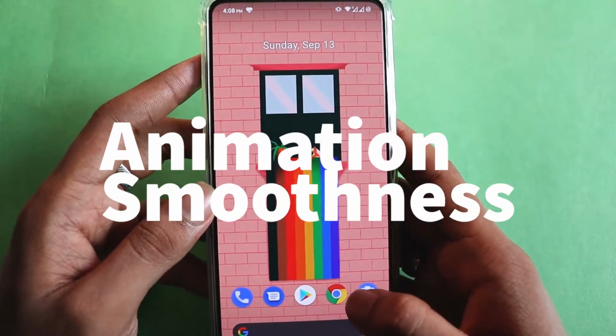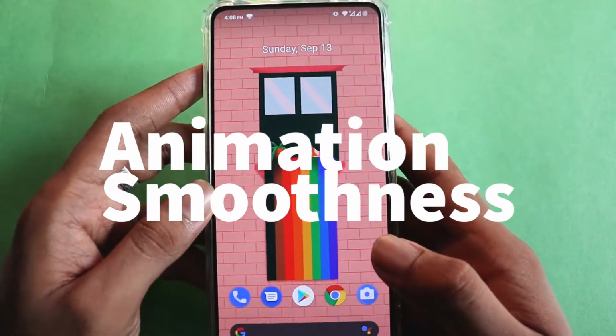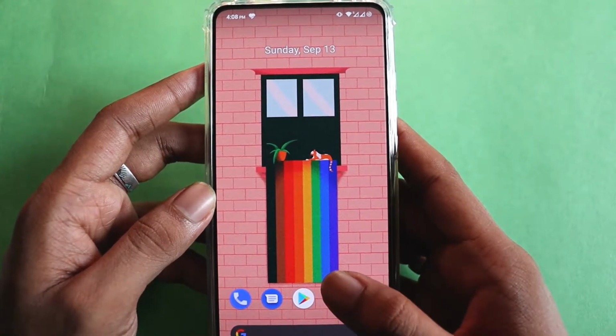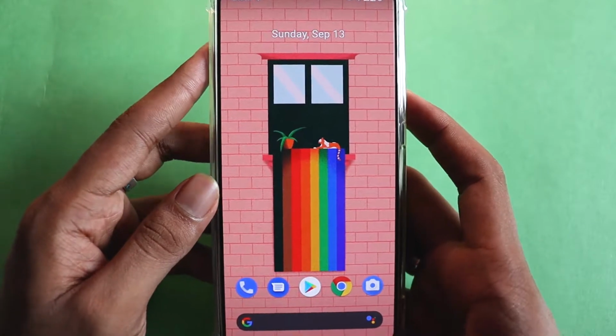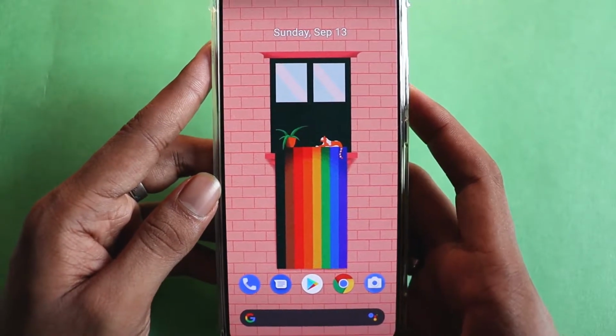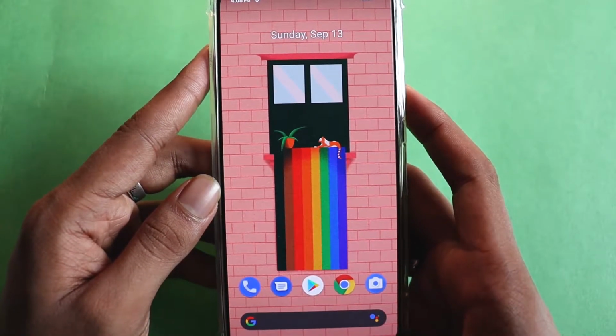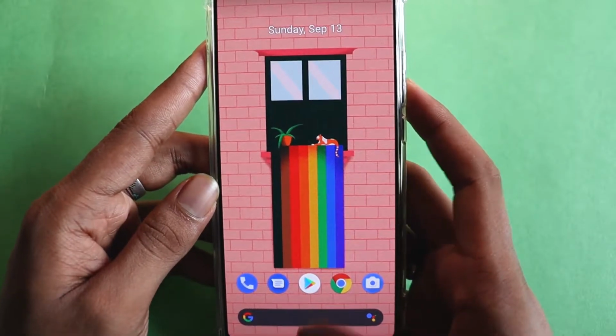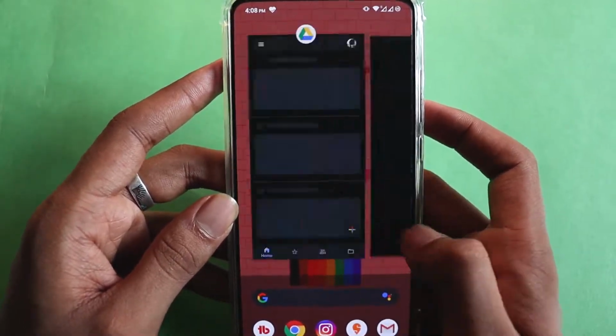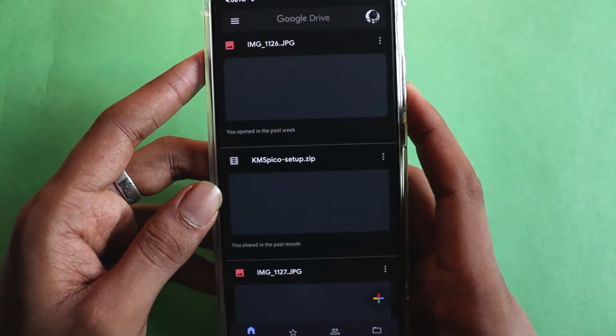Now for the smoothness of animations, I usually open a couple of applications and try to switch between them and see if there is a noticeable delay or latency in between the switching. Not latency but more like a jitter. So I've opened a couple of applications in the background and I'll try to switch in between them.